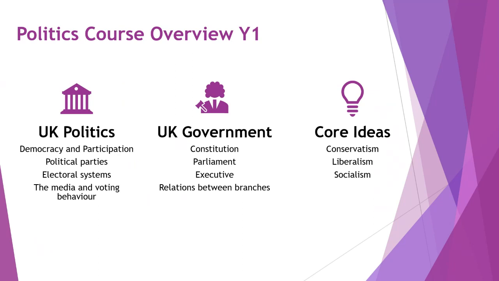In terms of how the politics course is structured, in the first year, we study UK politics and UK government. UK government is about how the decisions are made, who's involved, the institutions. So you'll be very familiar with the news where often the Prime Minister and pictures of Parliament are shown. And that's really the focus of UK government. UK politics, on the other hand, is much more about us as individuals. How can we be involved in politics? How can we influence those decisions that are made in Parliament?